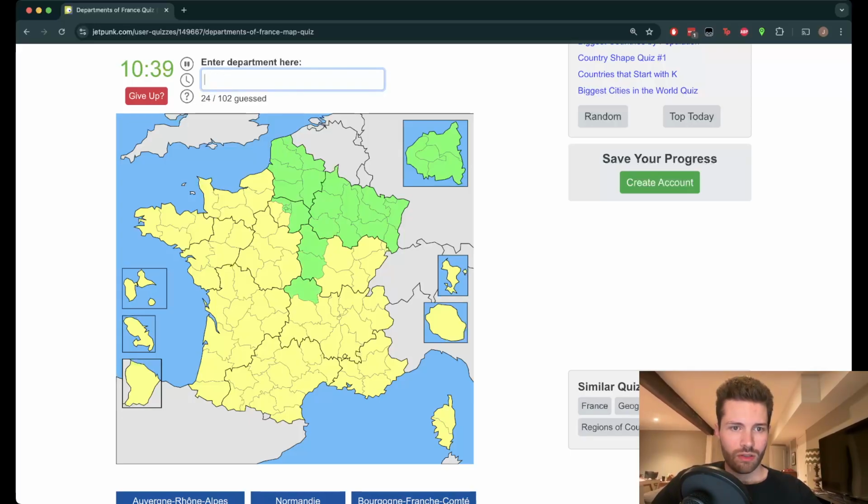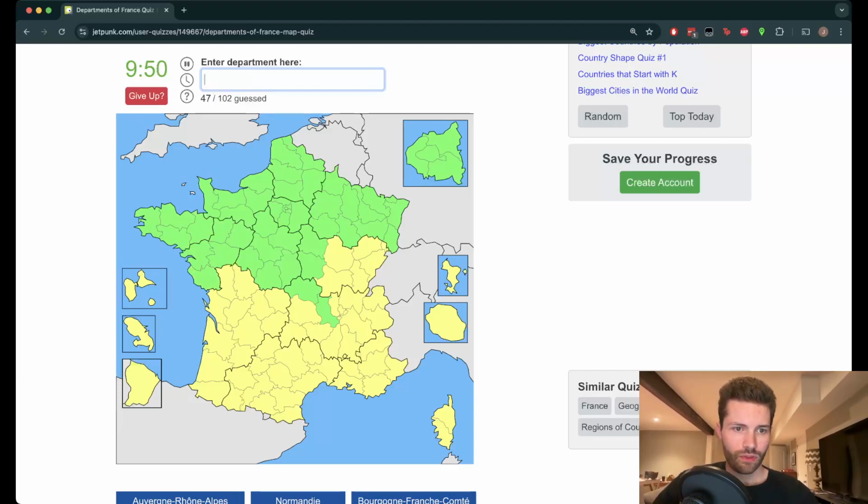Let's see, Essonne, Yvelines, we can get Calvados, Seine-Maritime, Orne, Sarthe, Mayenne, Manche, Eure-et-Loir, not Loire with an E, Loiret, see, okay, Loire, right, and then Loiret, Loir-et-Cher, and then we have Cher, Indre, Indre-et-Loire, Maine-et-Loire, and then Loire-Atlantique, Finistère, Morbihan, Côtes-d'Armor, Ille-et-Vilaine,